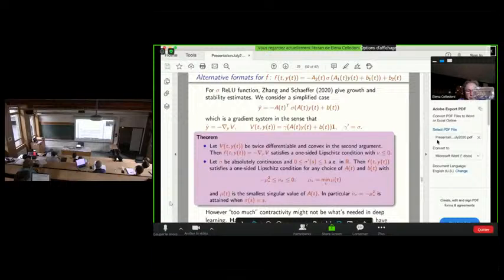So too much contractivity can be a disadvantage, and therefore sometimes it has been proposed to replace this vector field F with a Hamiltonian vector field. But typically this Hamiltonian vector field becomes non-autonomous. And although I've been hearing about numerical methods for non-autonomous Hamiltonian vector fields, I still think this field is not very well understood yet, at least not